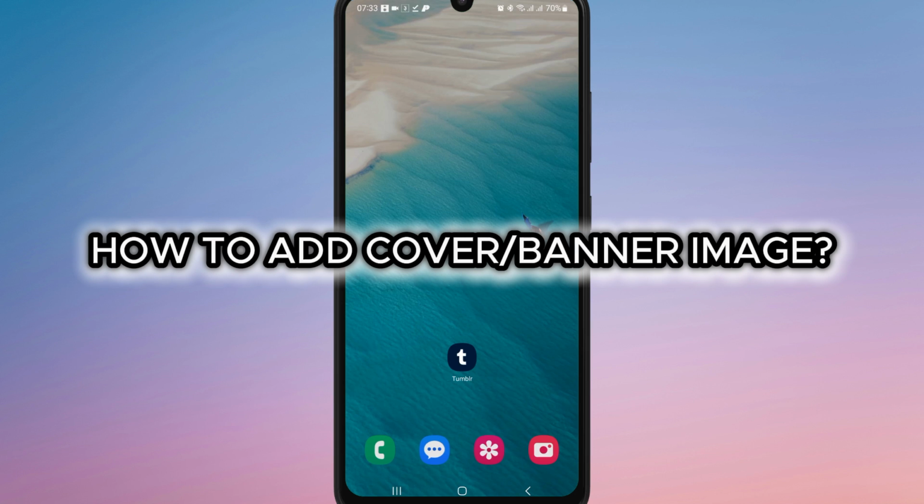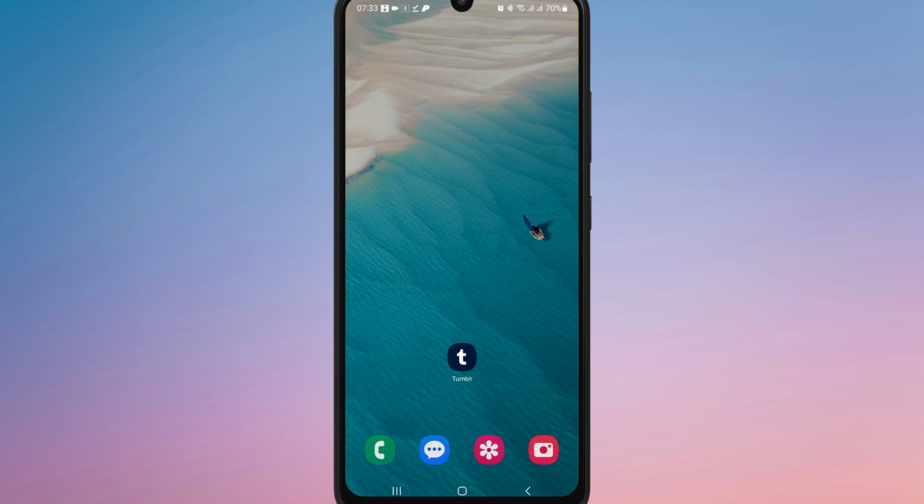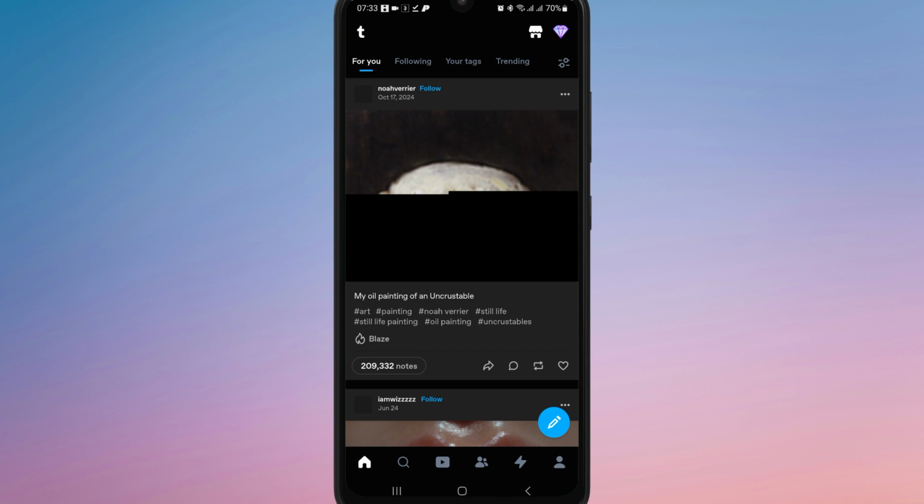How to add a cover or banner image on Tumblr. First of all, open the Tumblr app and make sure you are logged into your account. From the dashboard, tap on the profile icon at the bottom right corner of the screen to go to your